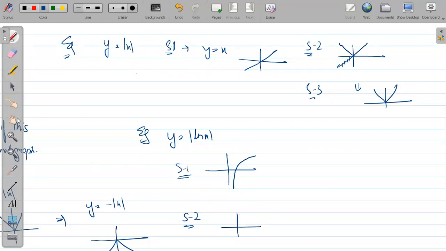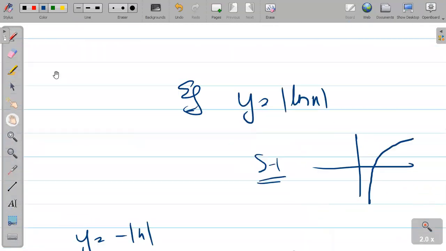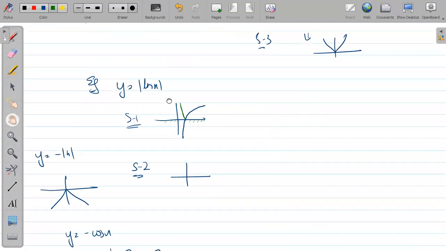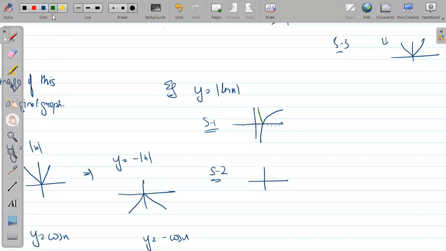So if you are considering this as mirror, now look carefully. If you are considering this as mirror, suppose, what image you will get of this graph? This image you will get or not? So obviously you will get this image. And the second and the last step, what you have to do? You have to remove this part. And let us write it down.